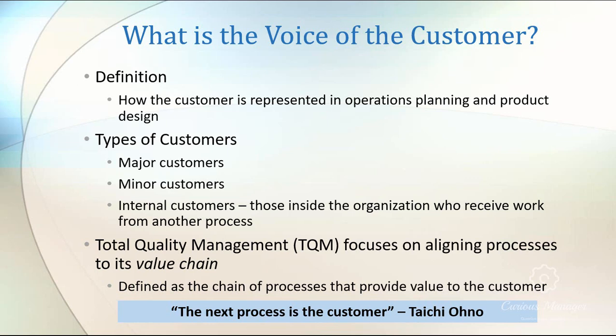In many cases, you'll find that there are some processes that don't add value to the customer, at least not directly. In this case, you have unwanted waste and you have necessary waste. But in general, when we talk about lean, we try to identify the value chain. What processes within a chain of processes provide direct value to the customer. And then we focus on how they provide value.